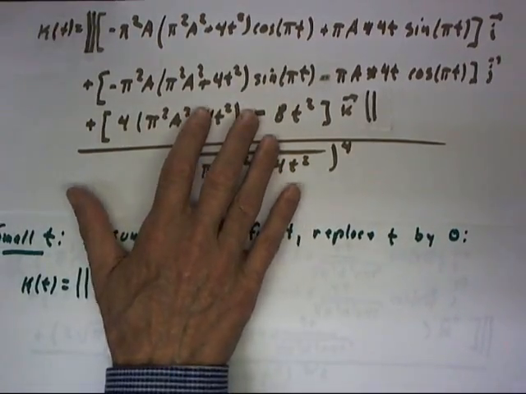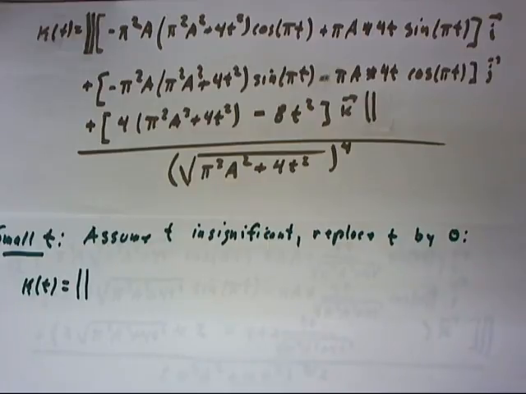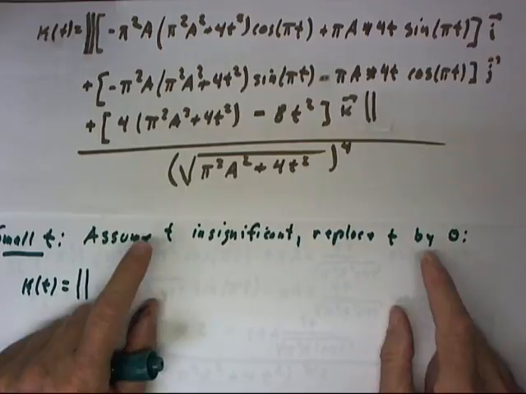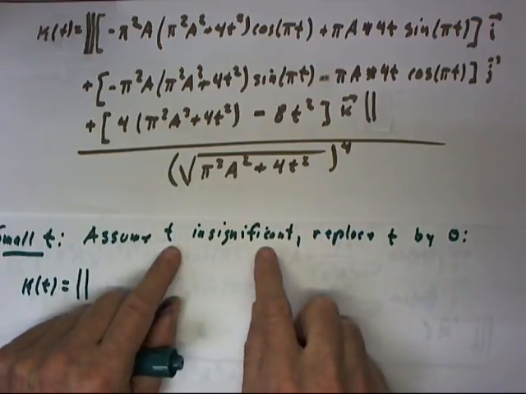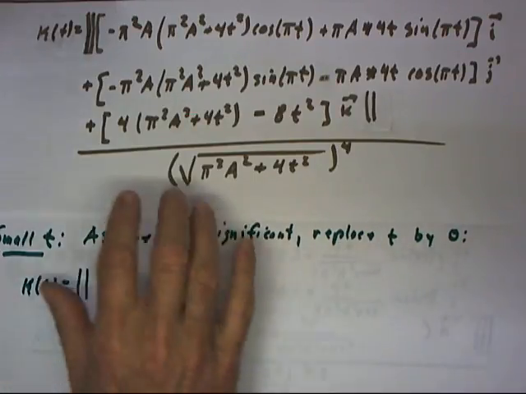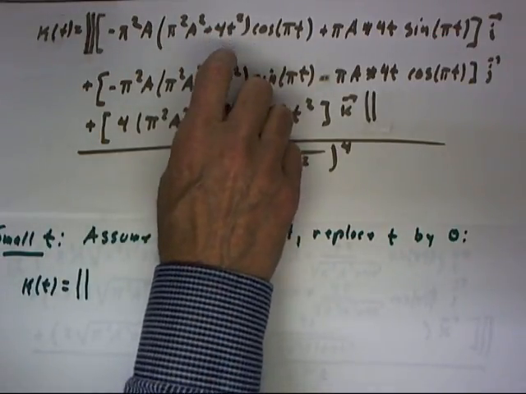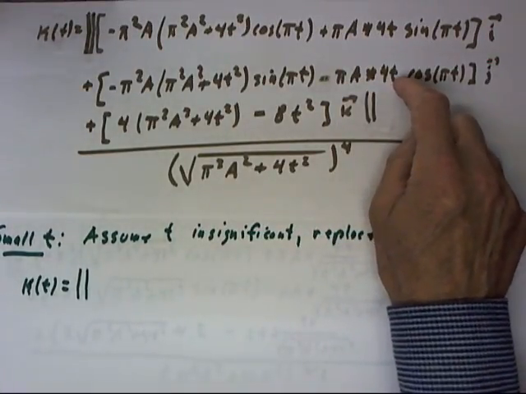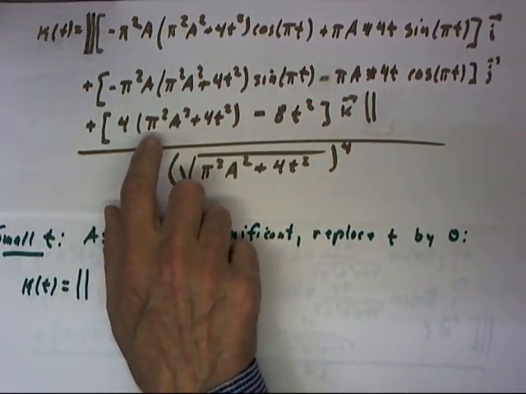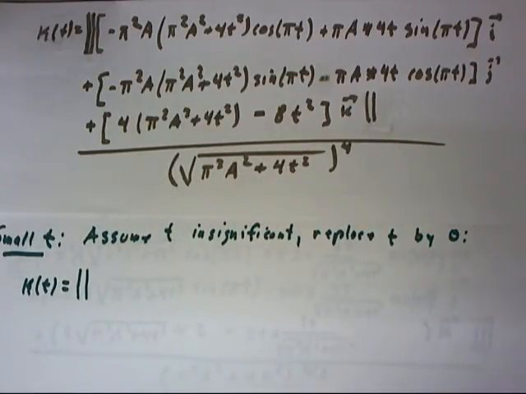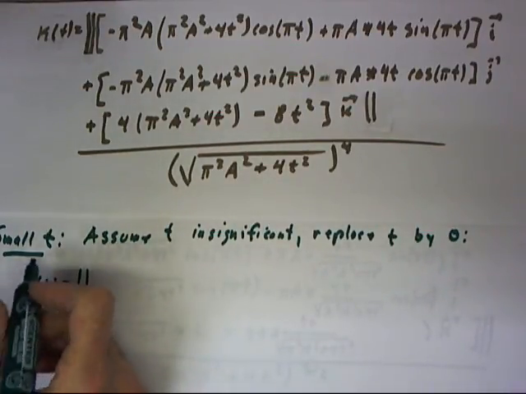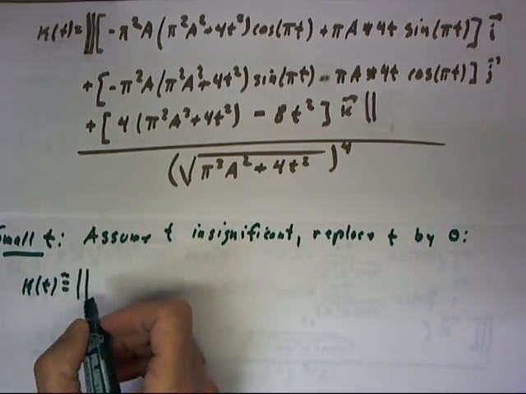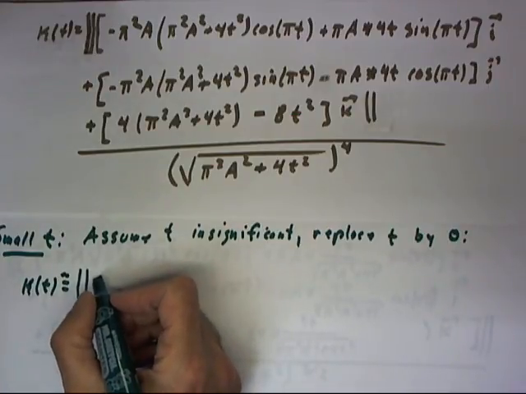First, looking at this expression, if we consider t to be small. Now, we'll see just how good this assumption might be, but we're going to assume that t is insignificant, so we're going to replace t by 0, so that the 4t squared is going to go away, and this entire part of the term is going to go away, as is everything but the 4 pi squared a squared on the k term. So the curvature is going to be approximately equal to the magnitude of the vector negative